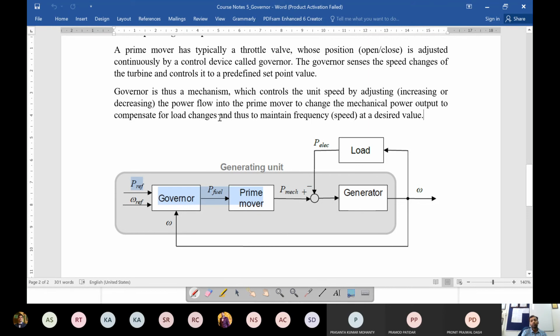With this type of control loop, you can always explain the behavior the same way. If you decrease the load, again Pmac minus Plec becomes positive, and the machine tends to accelerate. Again, the governor senses that there is a tendency to accelerate, so it will decrease the fuel input. The wicket gates will be closed slightly, or the nozzle opening will be reduced, so the water hitting the prime mover will be less, and this Pmac will tend to decrease, and again a new equilibrium will be established with this Plec. So this type of control loop can be used for explaining the functioning of the governor.